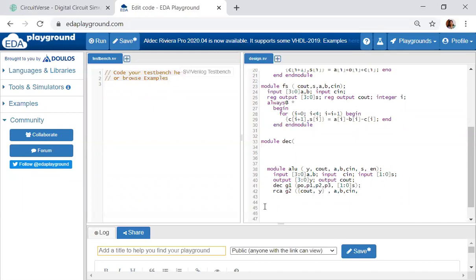Here again, for the select line value, there is another option. You can omit the decoder and give the select line directly. So if you're giving the select line directly, this is how, instead of giving enable, I've given the select line directly. But you should specify what that select line value is.